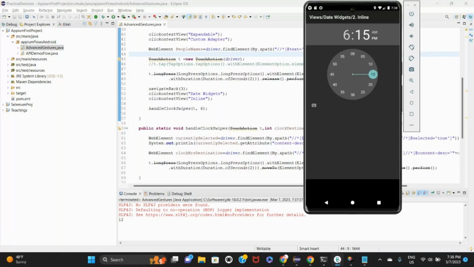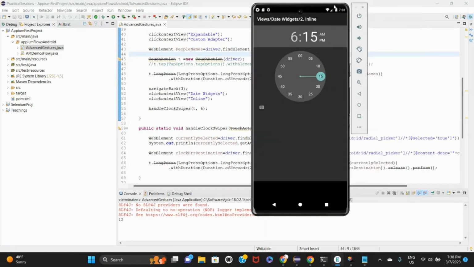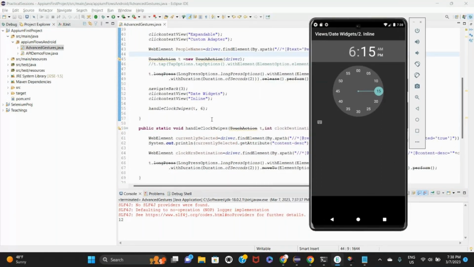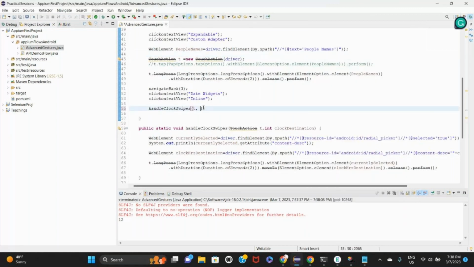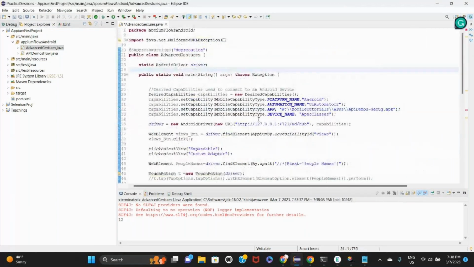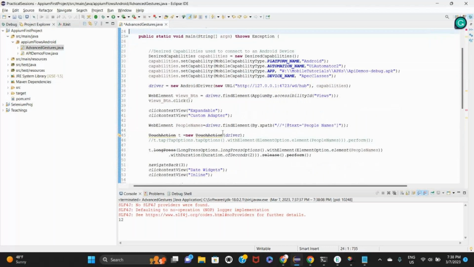We moved it to 6 and we stopped it. It loaded the next screen, which is for minutes, right? So the flow got executed successfully, and we would see that 6 is coming over here instead of 12, which is earlier. Now if I want to change it to a different value, let's say I would like to move it to